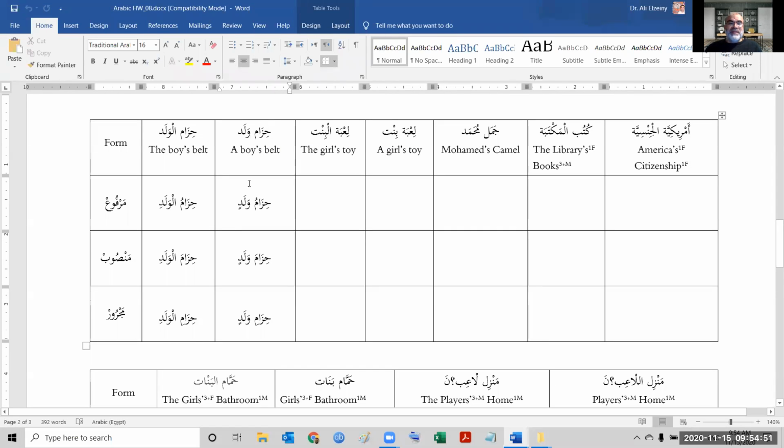Okay? Now, we knew about sarf and everything from here. So the only difference would be that we can have tanween. Why? Because there is no alif lam. If there is alif lam, no tanween. No alif lam, tanween is possible if sarf is allowed. Okay? So that's just to show you the difference between both cases.